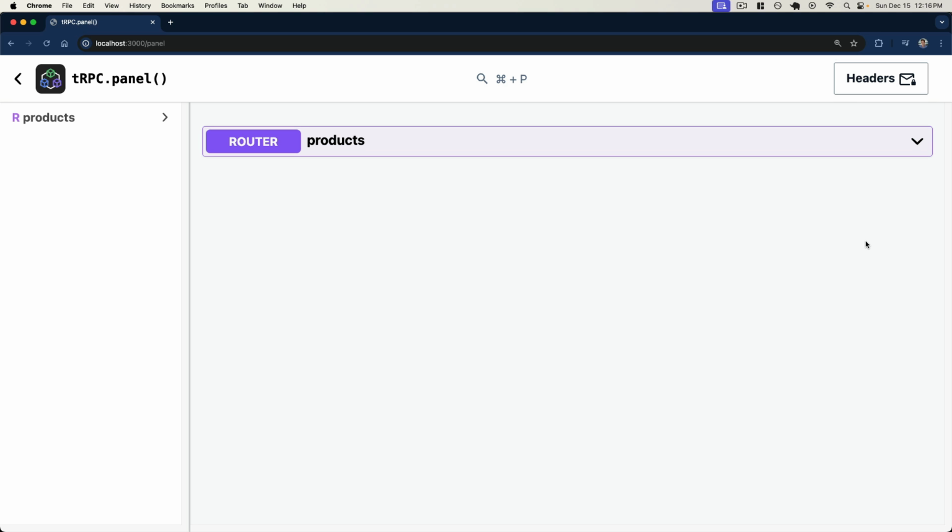Instead, by using tRPC and Nest.js, our TypeScript types are going to be shared directly between the front end and back end, meaning we have less bugs, less duplication, and more confidence in our code. By adding Nest.js into the mix, we're getting a scalable, modular, battle-tested application that's going to totally transform the way